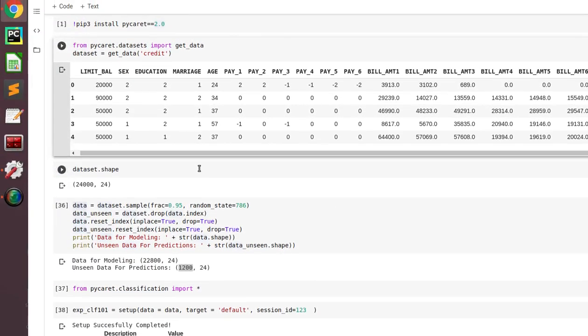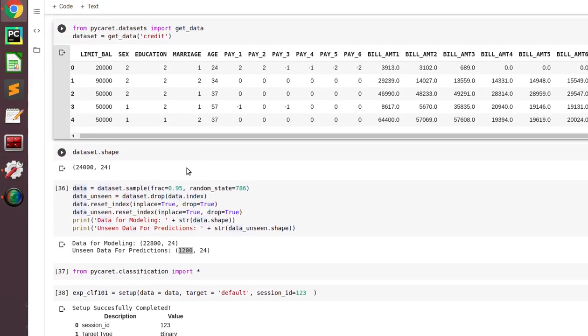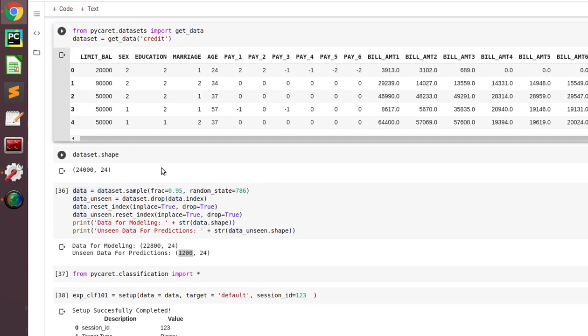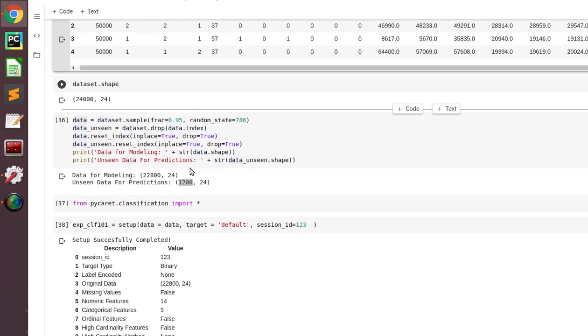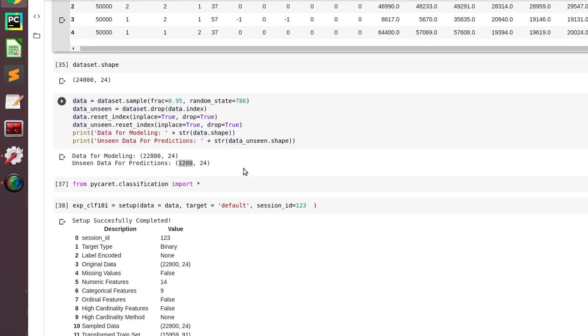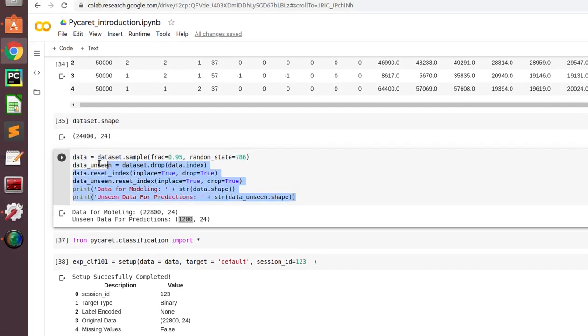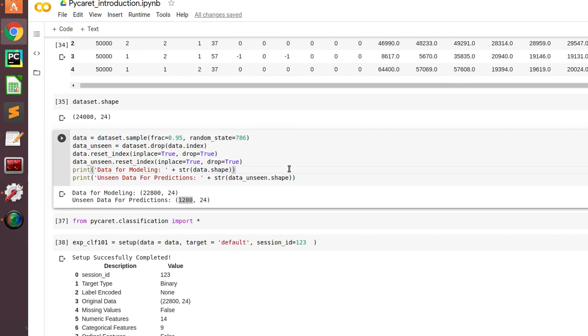As I can see, the shape of my dataset is 24,000 records and 24 columns. Next, I sliced some data off to use for the validation part.